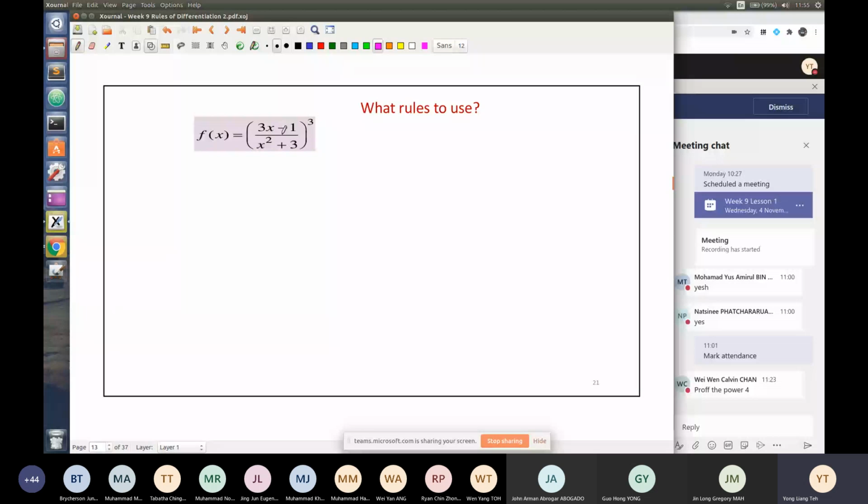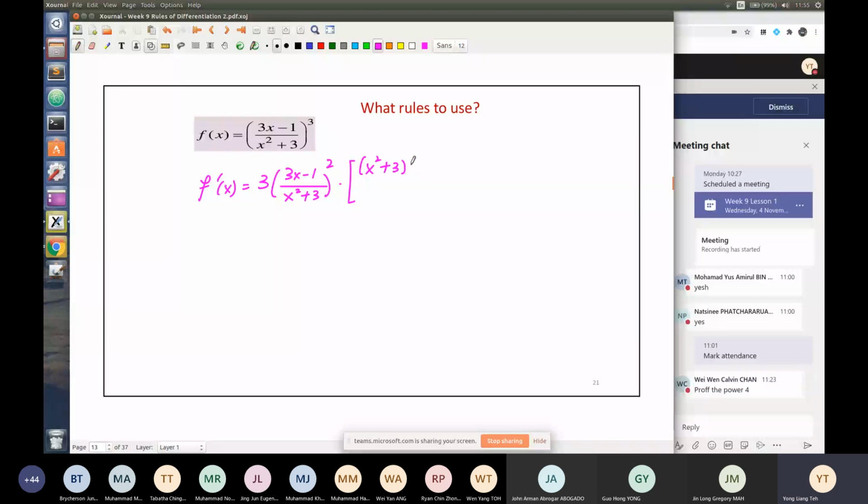So hence you have your f prime x. Of course you do the inner outer function. So hence you mask up this guy, bring down the 3. Then this whole thing put back. Okay, then you have your 2 here. So hence, now when you apply the chain rule, you need your quotient rule now. So hence you get